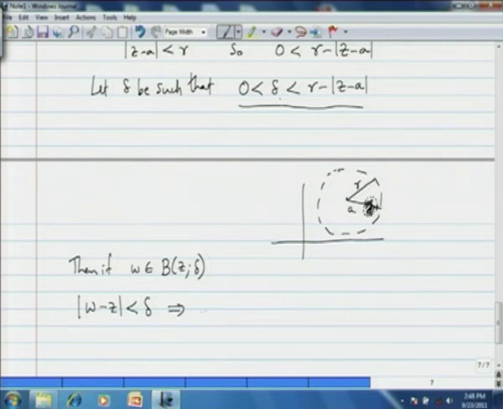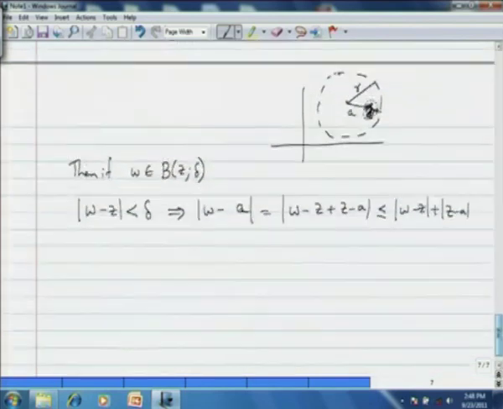And then this will imply that the modulus of w minus a, which is equal to the modulus of w minus z plus z minus a, is less than or equal to the modulus of w minus z plus the modulus of z minus a by the triangle inequality, which in turn is less than or equal to delta plus the modulus of z minus a,